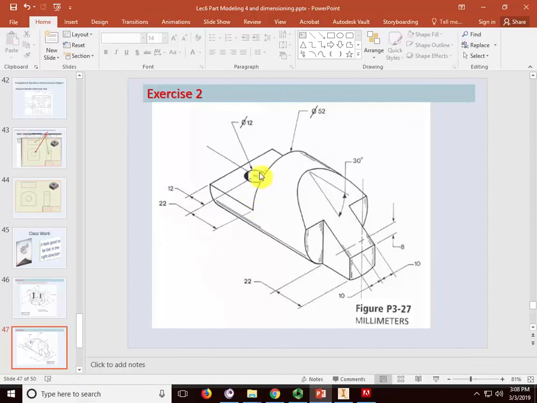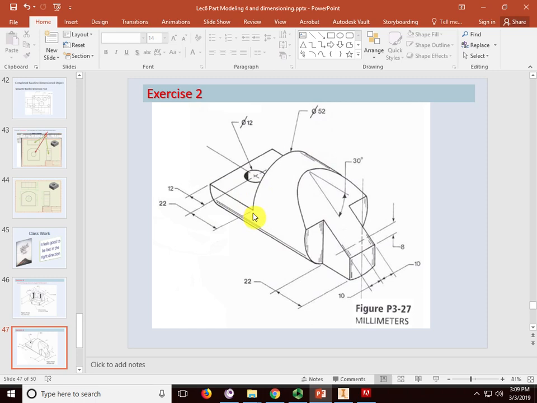What about this cut? Actually, this surface, guys, this surface height is not given. That's right. The surface height is not given. That means the surface of this or this surface should pass through the center of the cylinder. Otherwise, the height should be given. Okay? But we know that